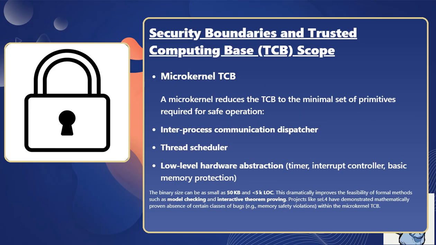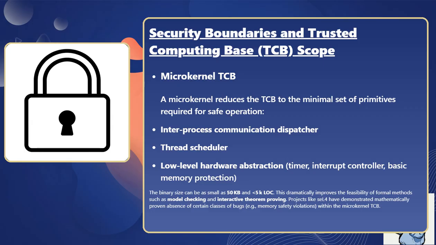A microkernel reduces the TCB to the minimal set of primitives required for safe operation: interprocess communication dispatcher, thread scheduler, and low-level hardware abstractions such as timer, interrupt controller, and basic memory protection. The binary size can be as small as 50 kilobytes and less than 5,000 lines of code. This dramatically improves the feasibility of formal methods such as model checking and interactive theorem proving. Projects like seL4 have demonstrated mathematically proven absence of certain classes of bugs, for example memory safety violations, within the